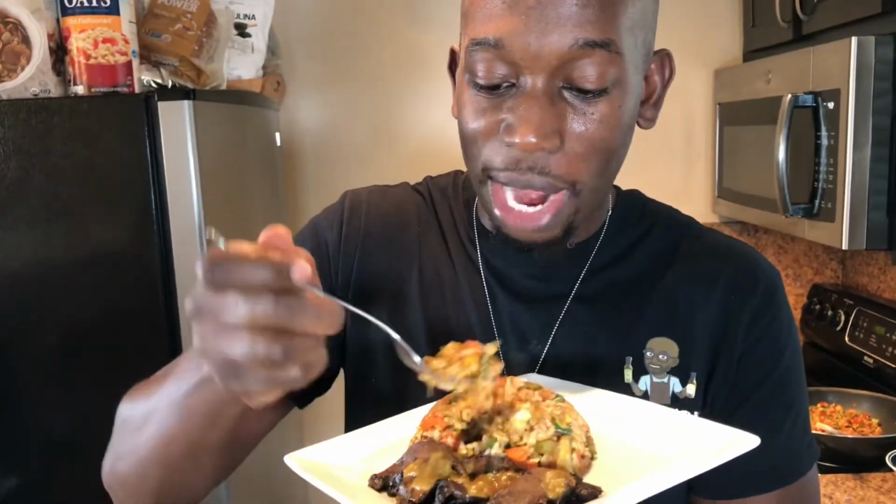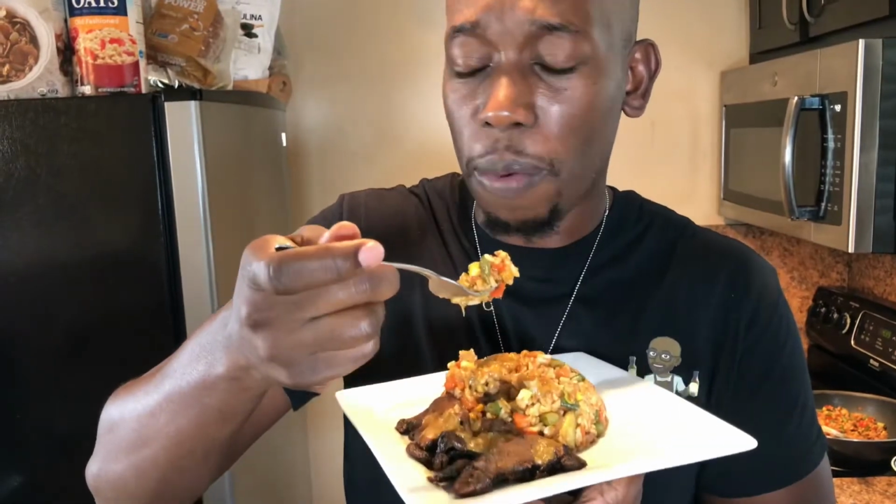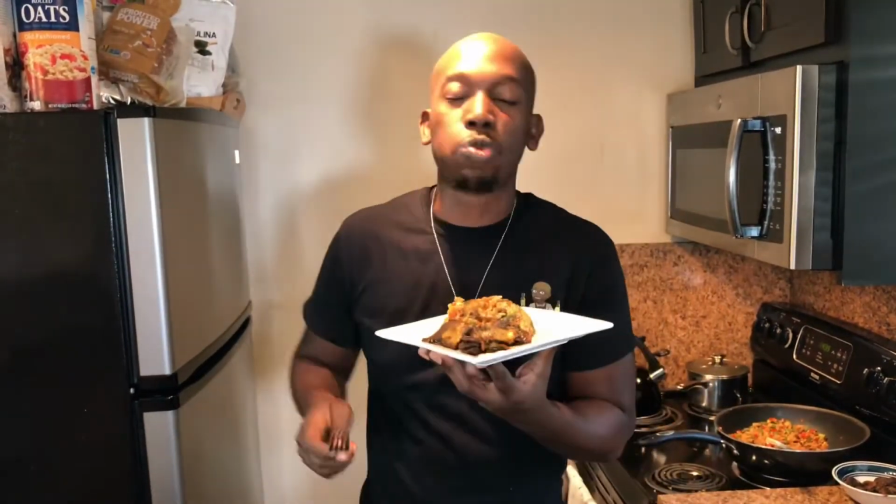I'm just gonna go right in the middle. Between the spice and the food, it is so damn good. So damn good. Hold on, let me try one more piece. Ooh, let me try the mushroom. All right. Well,